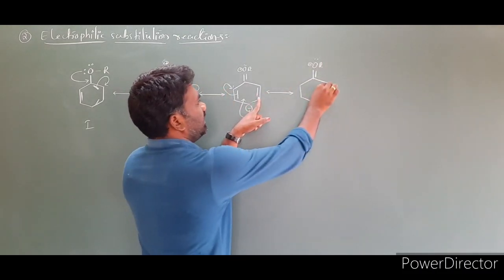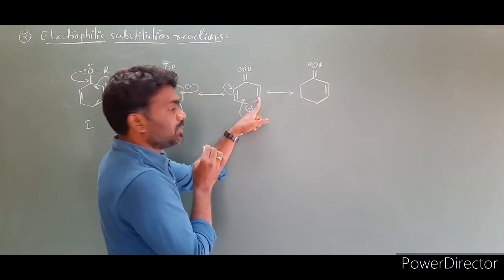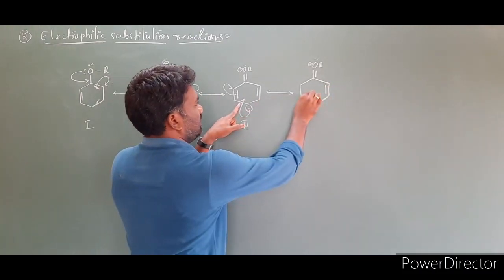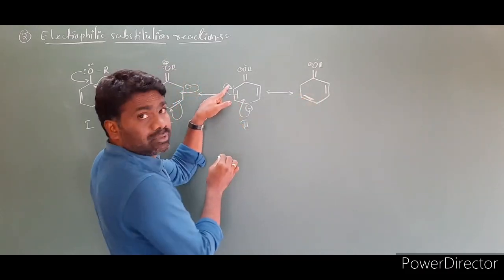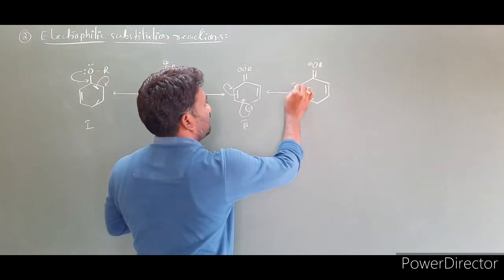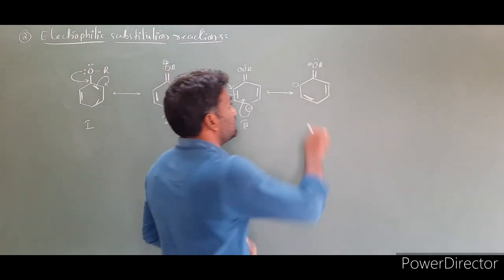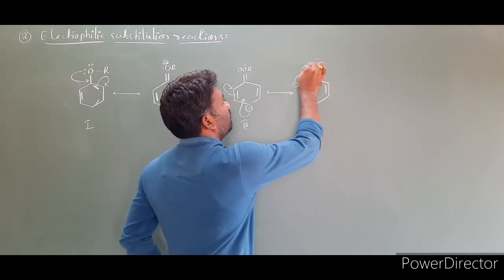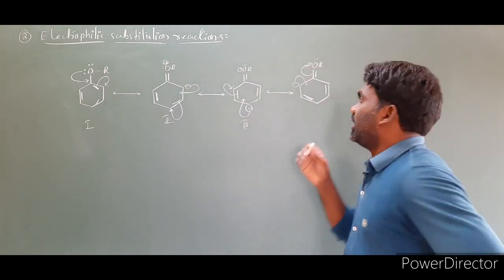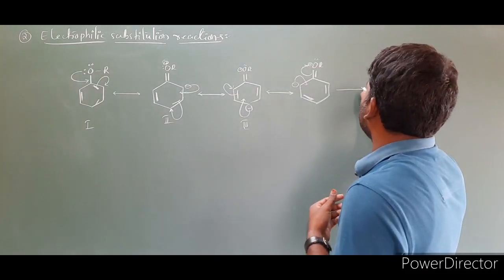This bond we didn't touch, this bond remains the same. This negative charge went inside, and a pi bond is formed here. This bond came outside, so this carbon gets a negative charge. In the next step, this negative charge will come inside, and these bond pairs will go towards oxygen. As a result, one more structure we can expect.